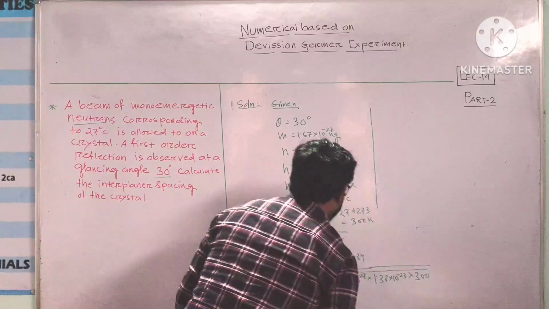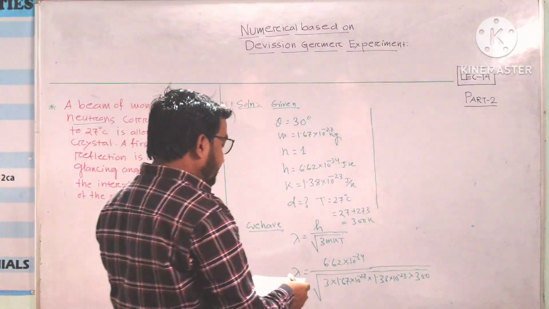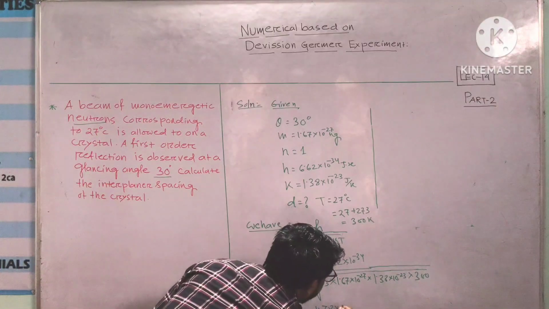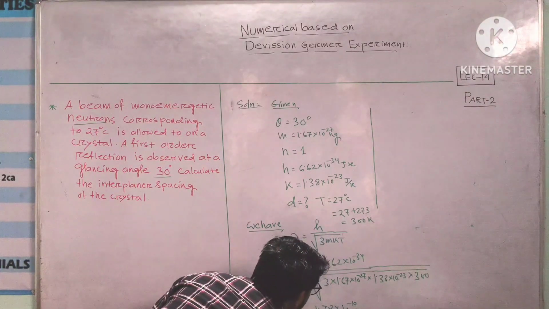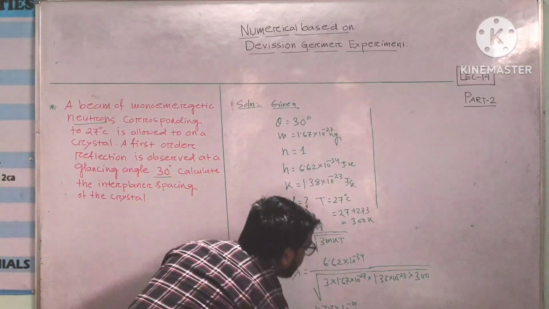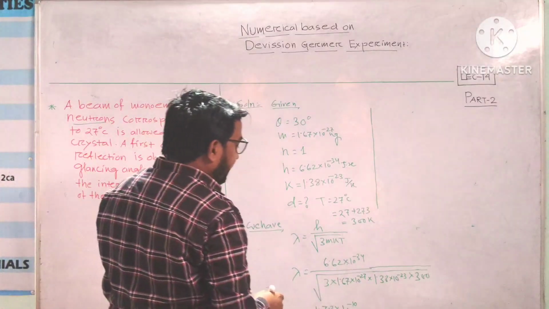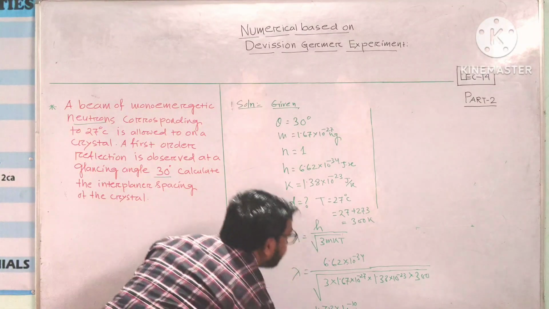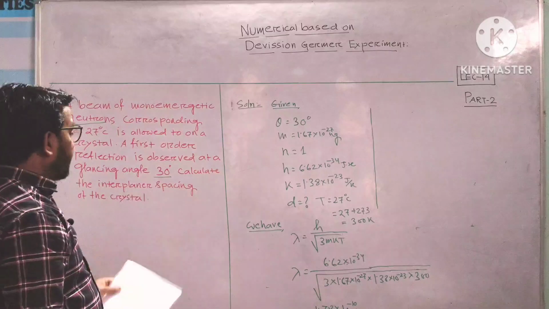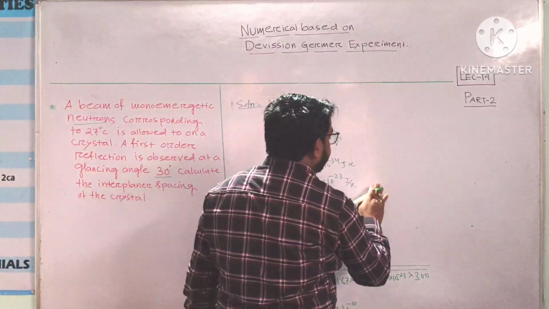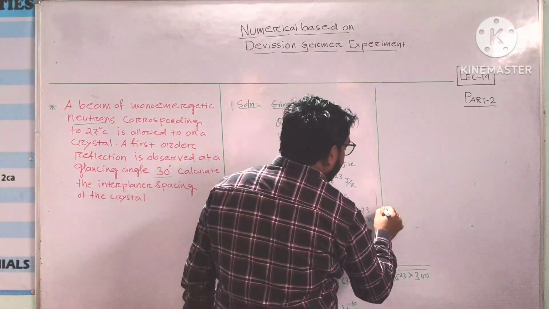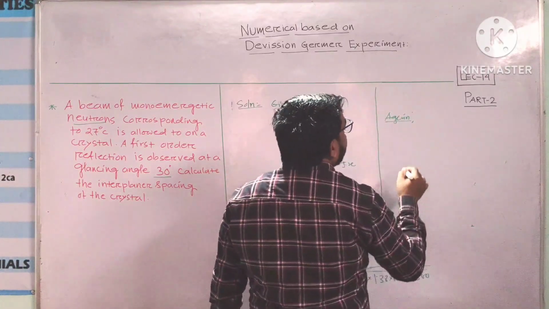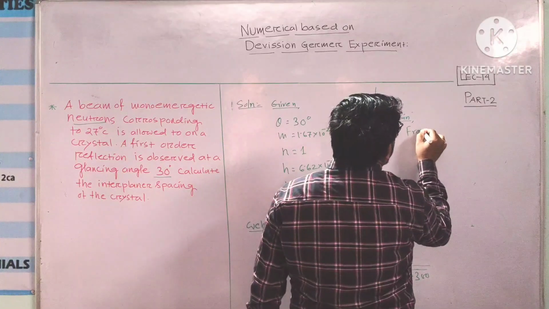Kelvin. After solving this part, we will get 1.78 into 10 to the power minus 10 meter, and this is equal to 1.78 angstrom, because we know that 10 to the power minus 10 meter is equal to 1 angstrom. So this is our required wavelength. Now we are going to find out interplanar spacing. Again, we can apply Bragg's equation. From Bragg's equation,